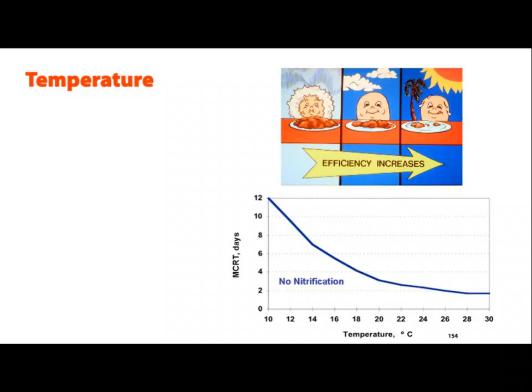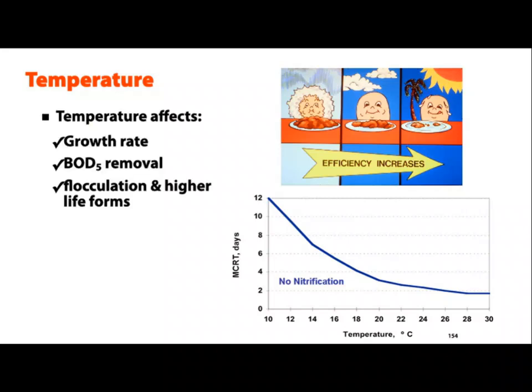Rule of thumb, it's not carved in stone, but the idea is the warmer it gets, the faster the metabolic rate. Nitrifiers are slow growers, and so we adjust the sludge age or the cell residence time depending on what the temperature is. You'll see this more tomorrow. Okay. But temperature affects the growth rate,